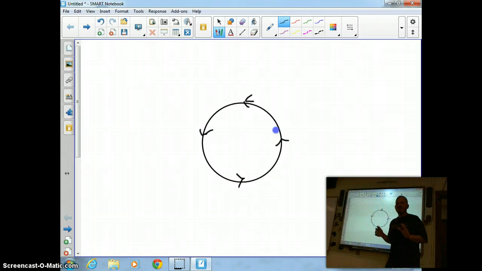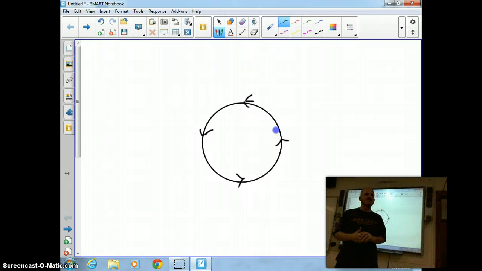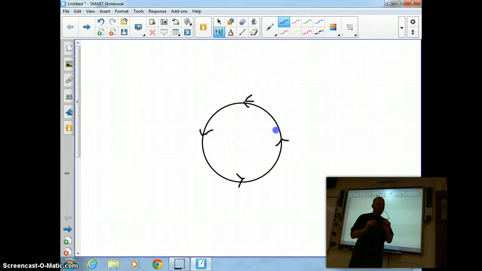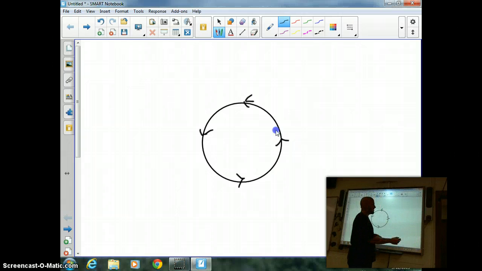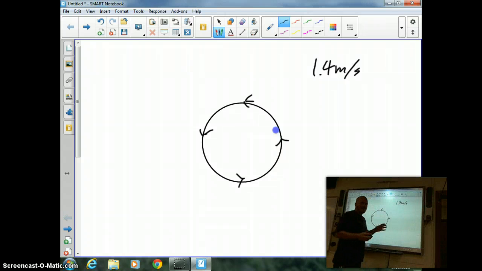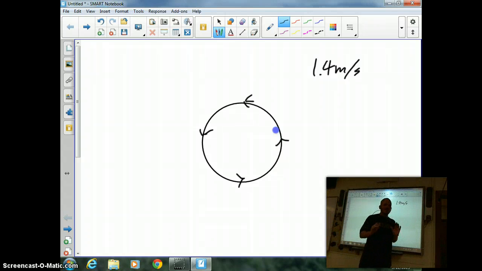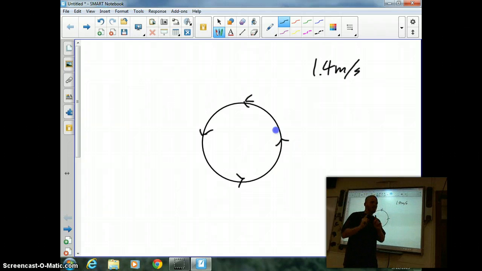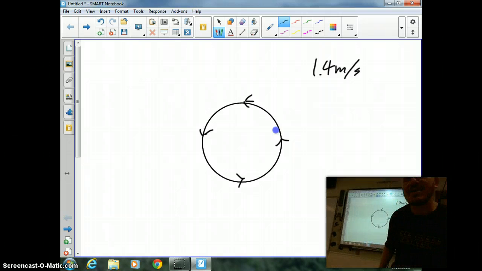Now we can go around the circle at the same speed the entire time, but just because we're at the same speed does not mean we have the same velocity. So let's say something is going around the circle at 1.4 meters per second. That means the entire time it's going around the circle, its speed is 1.4 meters per second. But it does not have the same velocity. Its velocity varies. Its velocity is never the same from one instant to the next,